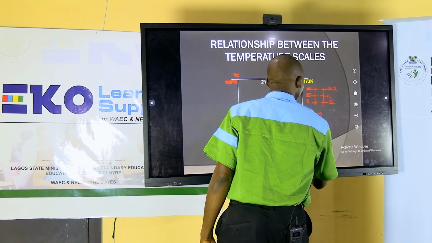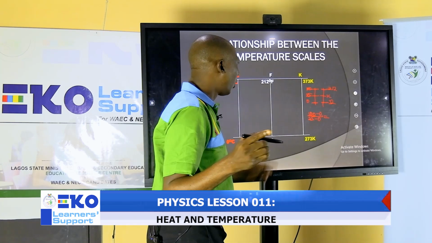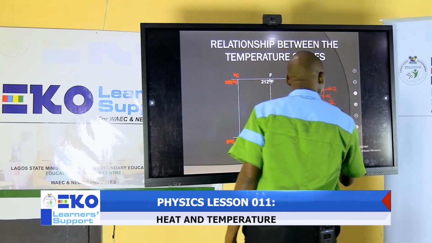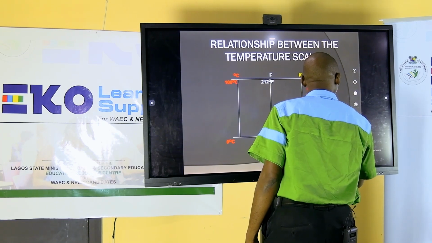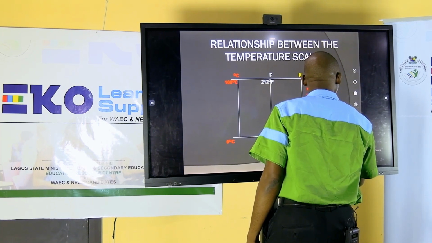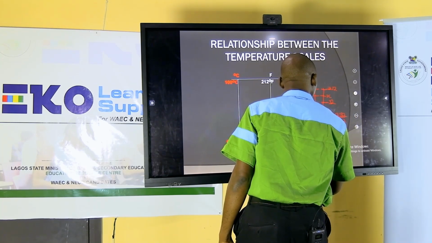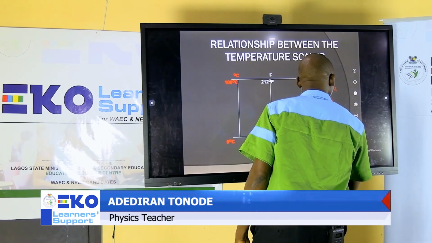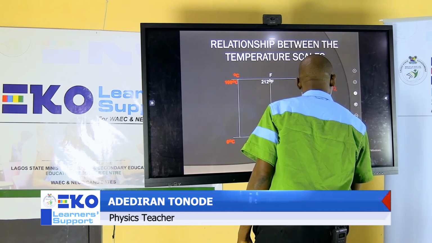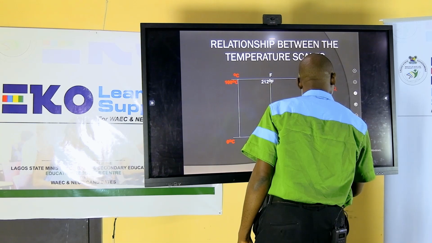minus 0 over 25 minus 0, given 25. What is the corresponding value of 100 with Fahrenheit? That is 212 minus 32 over x minus 32. So I have it: 100 over 25 equals 180 over x minus 32. I have my 100 into x minus 32 equals to